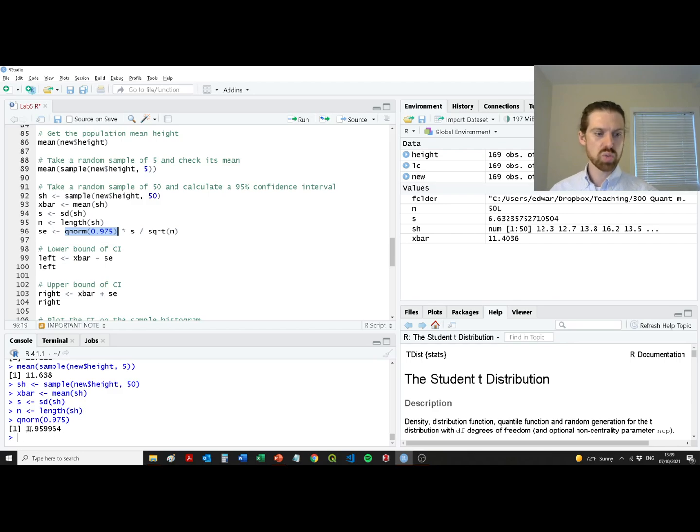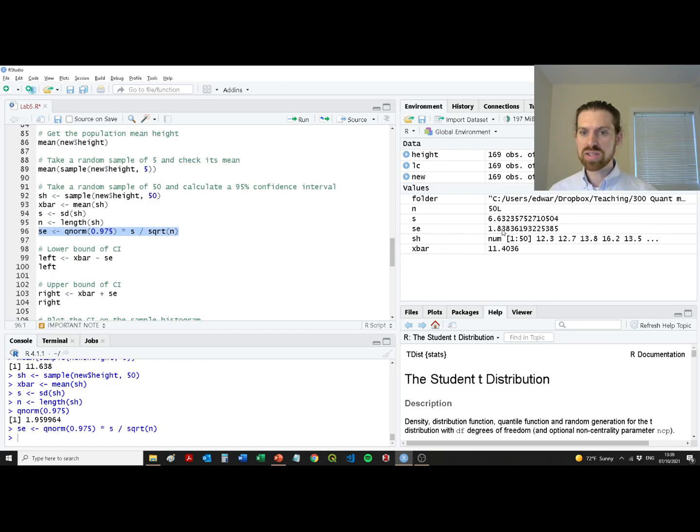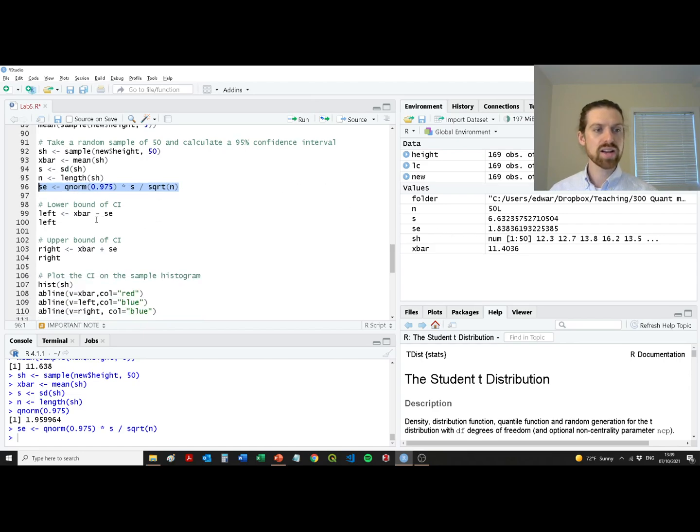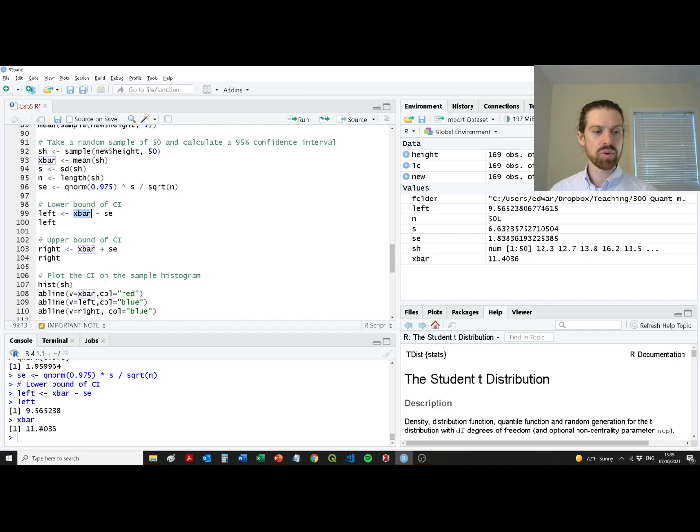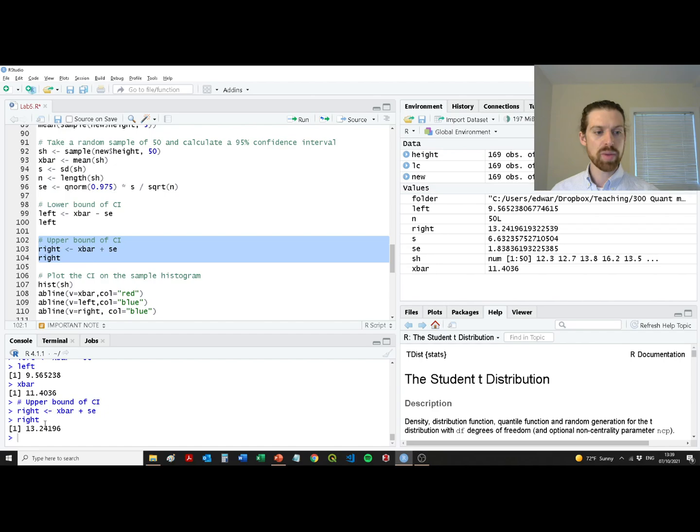So look, I can get the standard error here once we've got that z value from qnorm, which is 1.95, and then multiply it by the standard deviation divided by the square root of the number of samples. And the standard error is 1.838. We then subtract that standard error from the mean to get that lower bound. So obviously the mean is going to be 11.4, the lower bound is 9.5, and then we can get the upper bound, which is going to be 13.2. Okay,